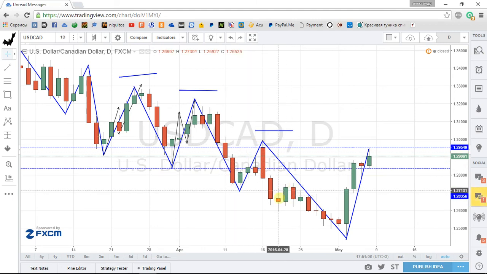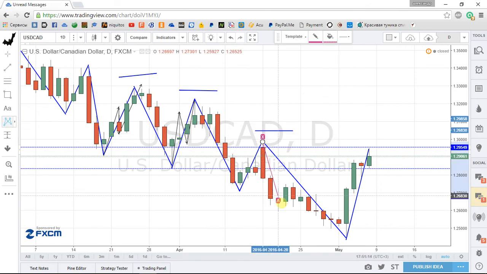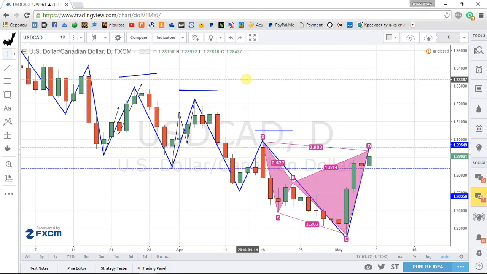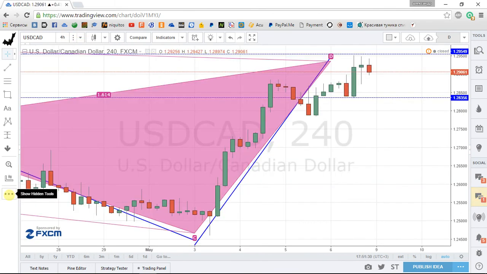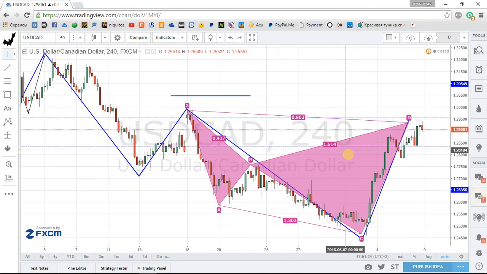So on a lower time frame, we will see a kind of pattern. Let me draw the pattern on the daily, like that. Boom, boom, and boom. So this pattern is called the cipher pattern to enter short. And let me switch to the 4-hour chart